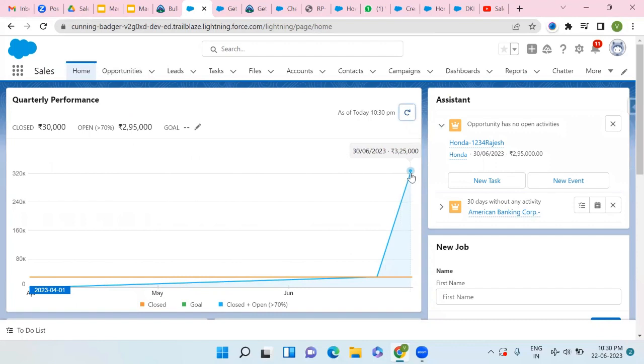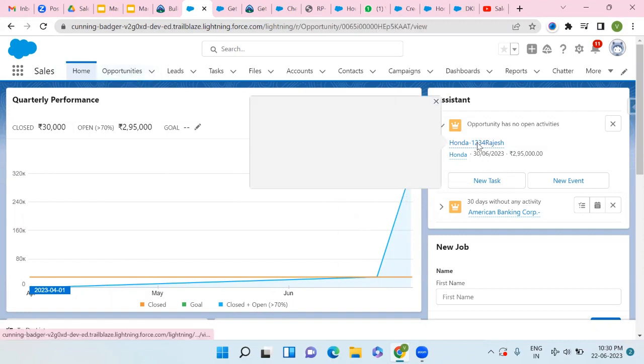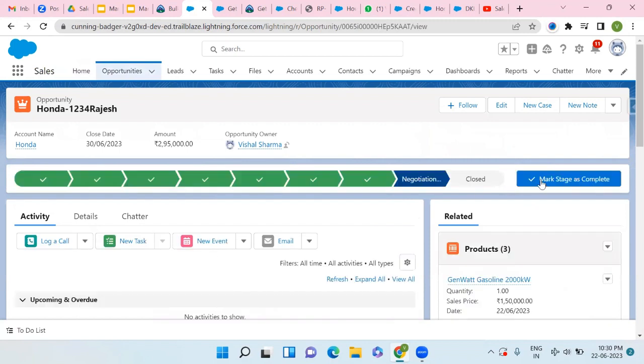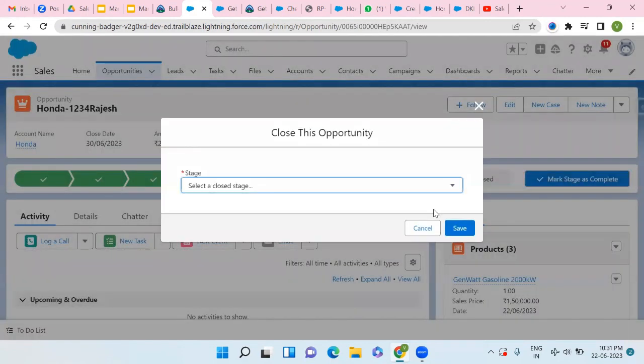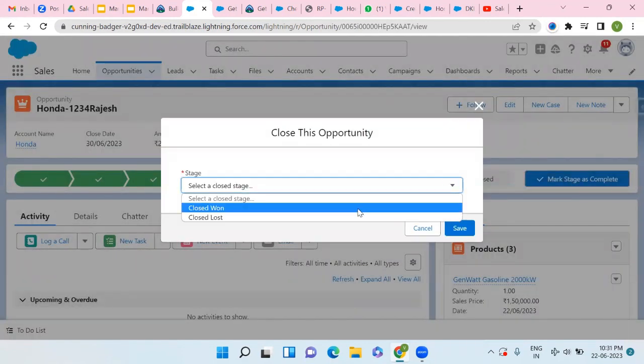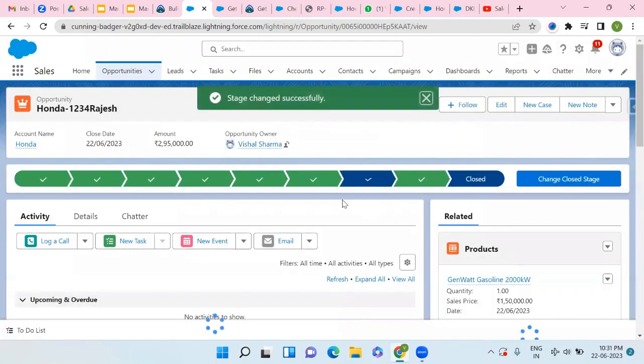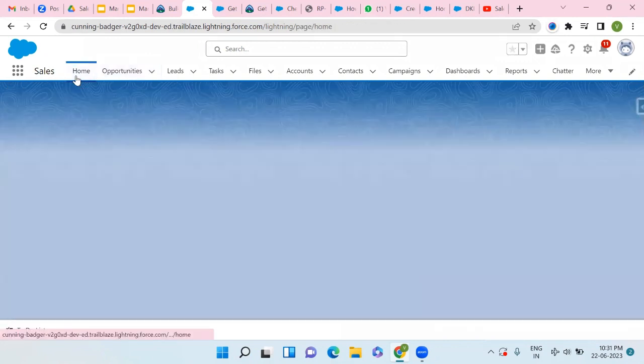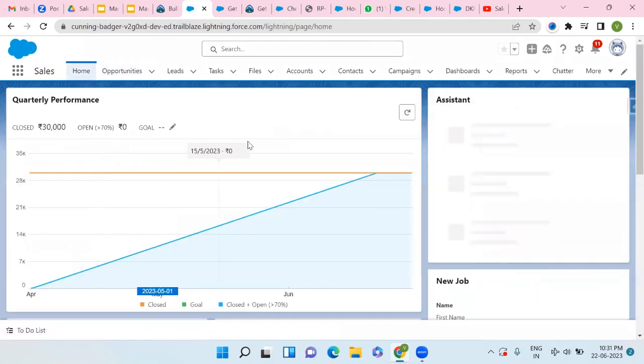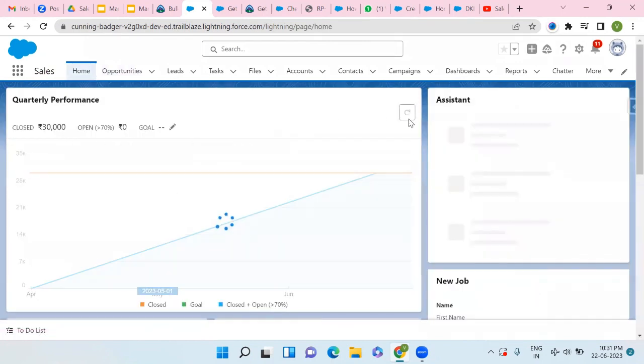So today we have three opportunities like 25,000, as the closing date is 30. If we go back to our opportunity again and mark the stage as closed won and save. Now we are completely successful with our opportunity. So it's closed won. And again, if I come here and refresh this one,